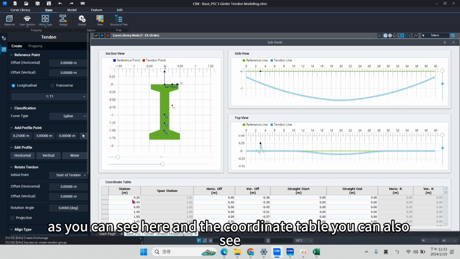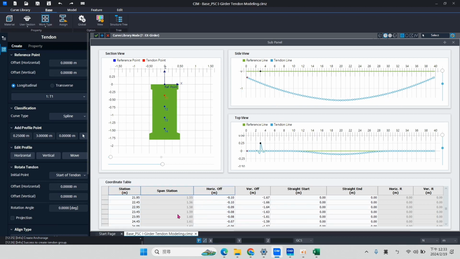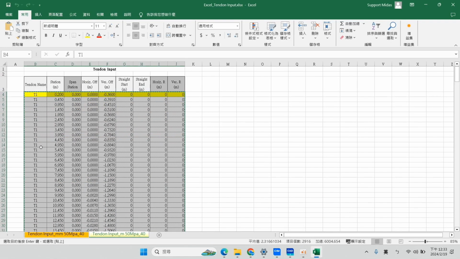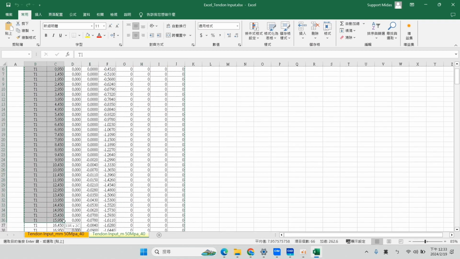See here, and the coordinate table. You can also see the number here, and you can check whether or not it is similar to the external tendon for T1 in the data.